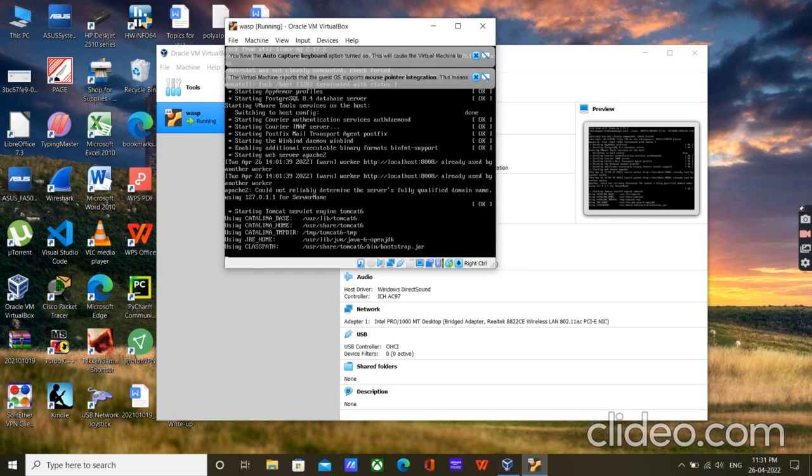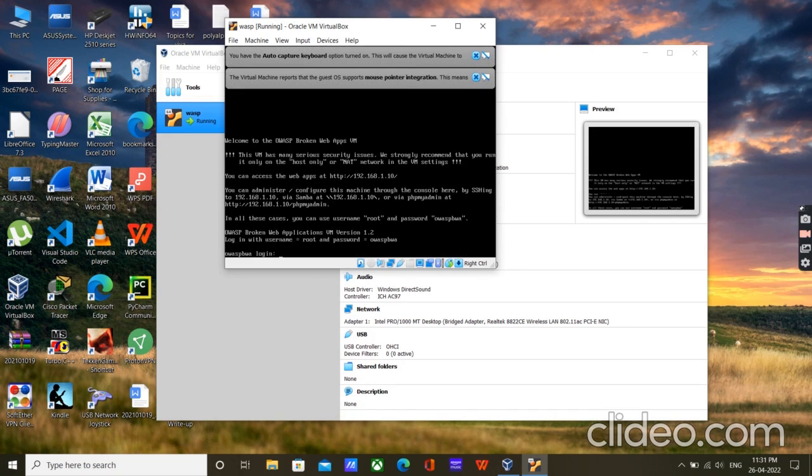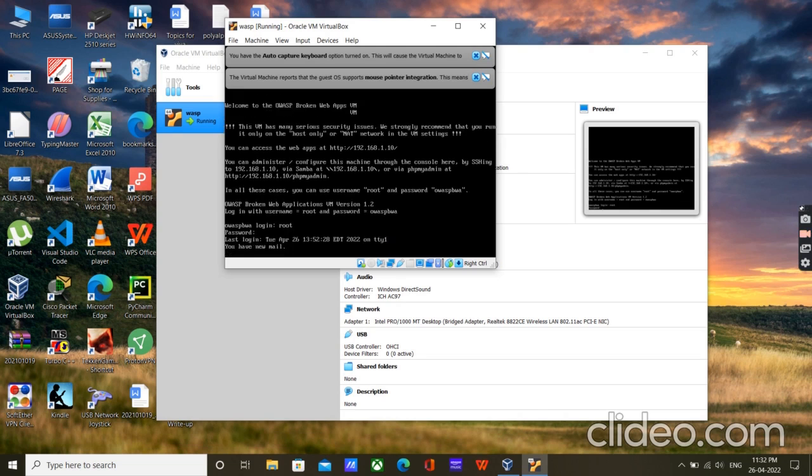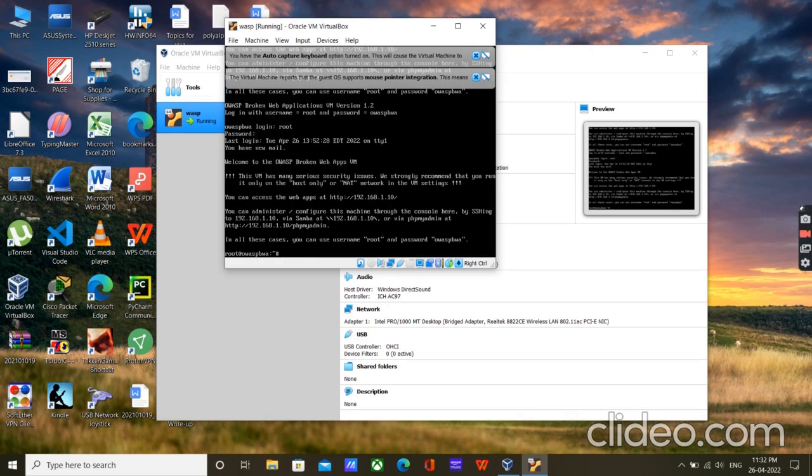Any of them can be used for hands-on practice to perform various attacks and check how these vulnerabilities actually work. So we have to log in. The login credentials are username root and password owaspbwa. We have successfully logged in, and it is shown that now we can access